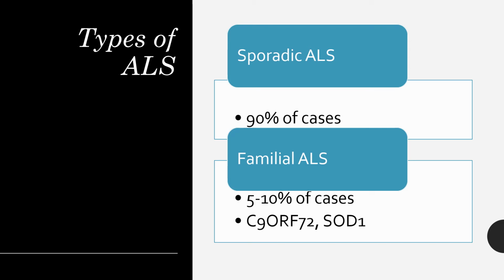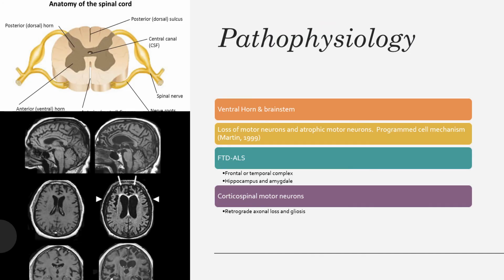The long version of that is chromosome 9 open reading frame 72, and the SOD1 gene. These are not as common as sporadic ALS cases, but they still happen nonetheless. So with the pathophysiology of ALS, they've found that ALS affects the spinal motor neurons of the ventral horn and brainstem